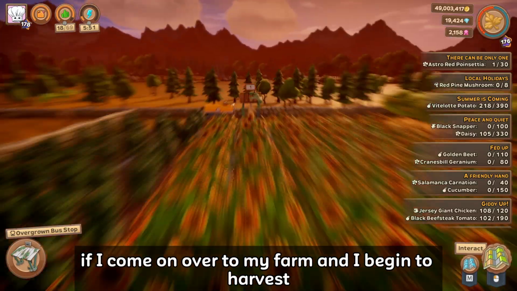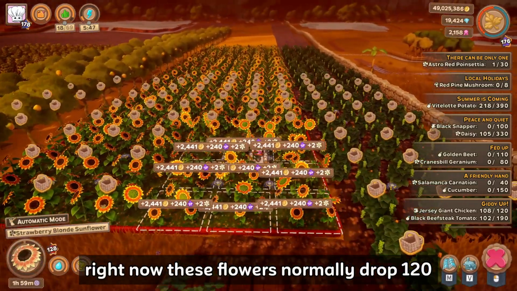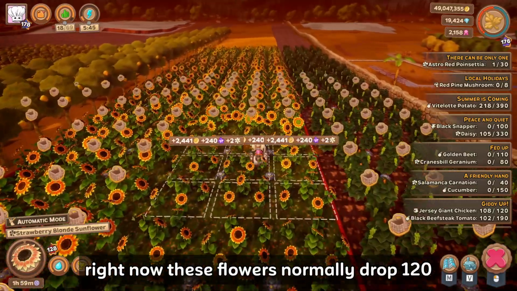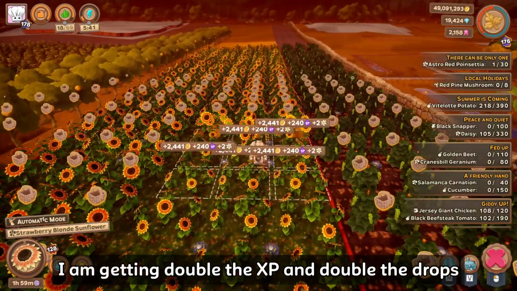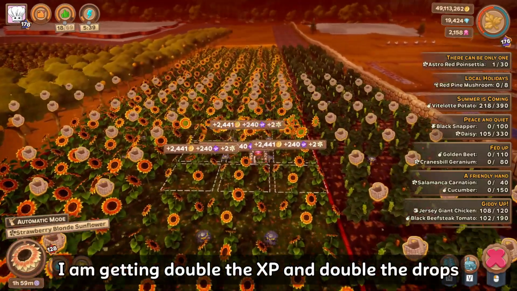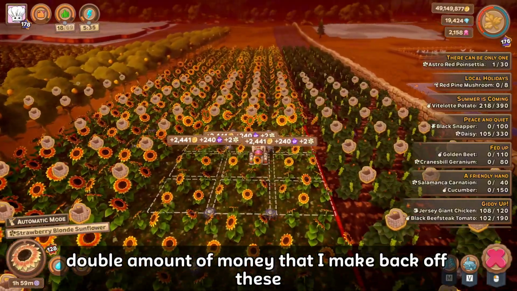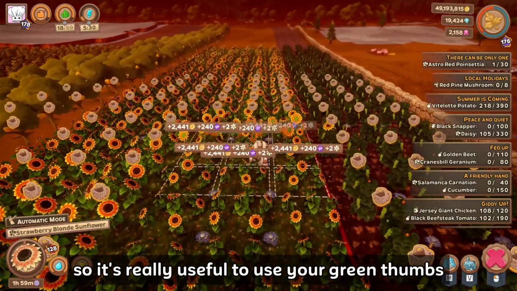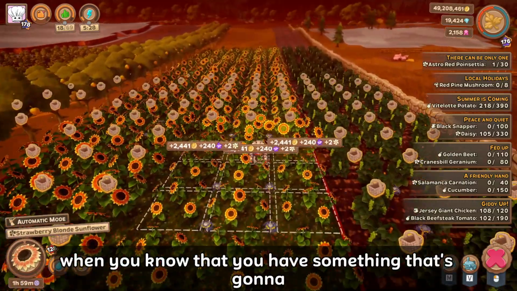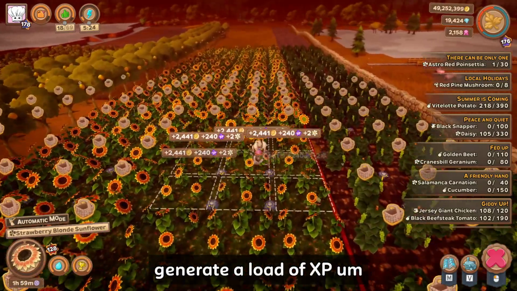Now, if I come on over to my farm and I begin to harvest, right now, these flowers normally drop 120, 130 XP roughly. You can see I am getting double the XP and double the drops and the double amount of money that I make back off these. So it's really useful to use your green thumbs when you know that you have something that's going to generate a load of XP